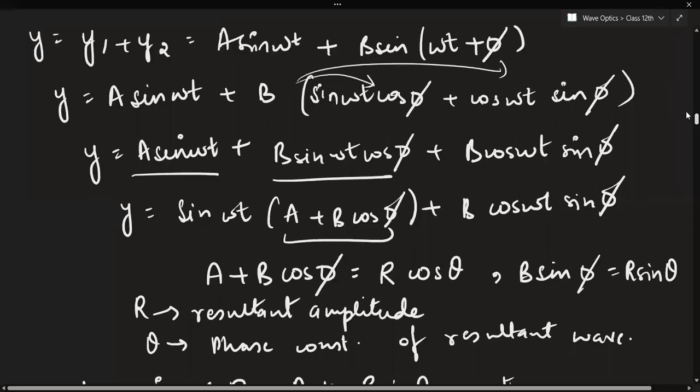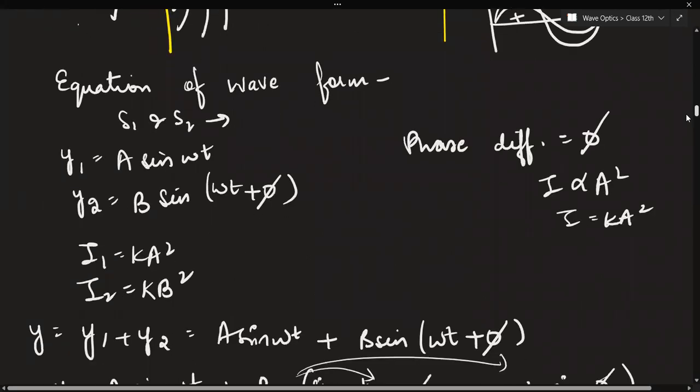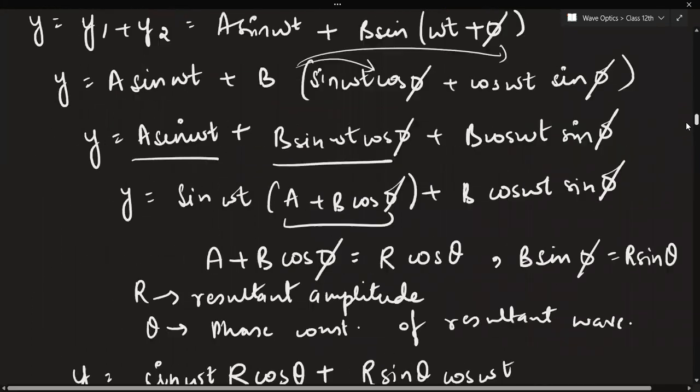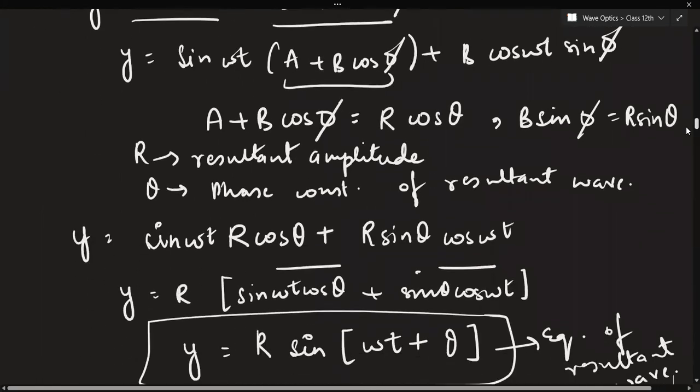I'll stop the class. Ma'am, could you again explain the derivation, please? I didn't understand after the second step. After which part? This part, after R sine, like how did you convert B sine (omega t plus phi) to sine omega t cos phi? That one, second line. Okay, this part, last part.